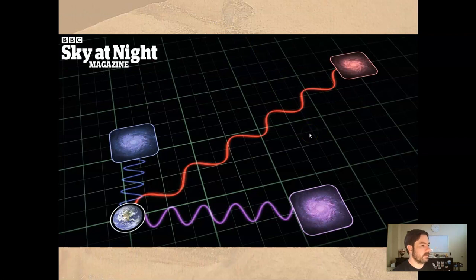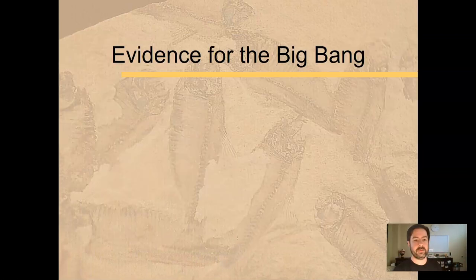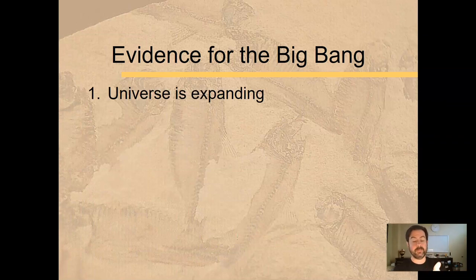So, as an example, something moving away is red shifted, and a galaxy moving closer has all of these lines blue shifted. Not that visually they become red or blue, it's just where those lines are on the color spectrum will change a little bit. All right, so the universe is expanding.